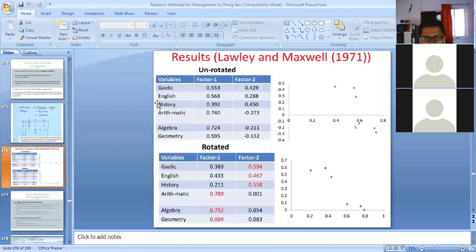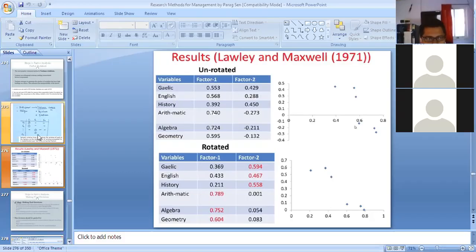In case of history, the loading on factor 1 is 0.392, and on factor 2 it is 0.45. So in this way there are a lot of loading scores which are very close in nature. So you will have a problem: where do I assign my variable?